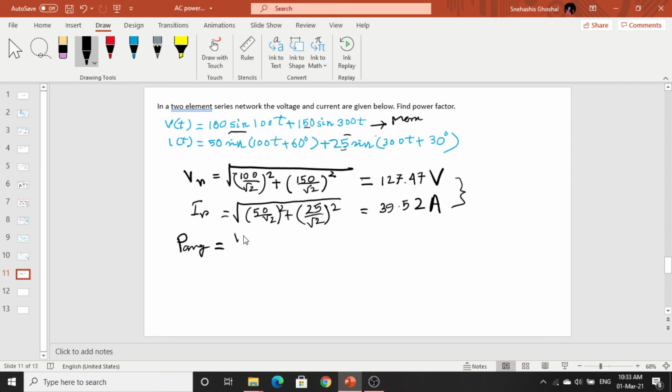So it becomes 100 by root 2 into 50 by root 2 into cos of 60 degree